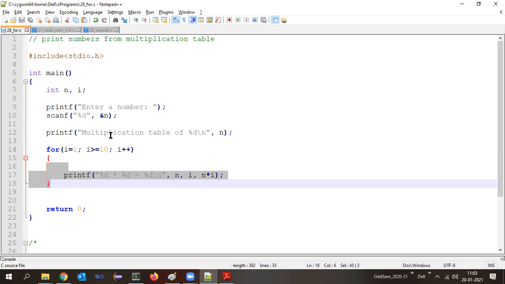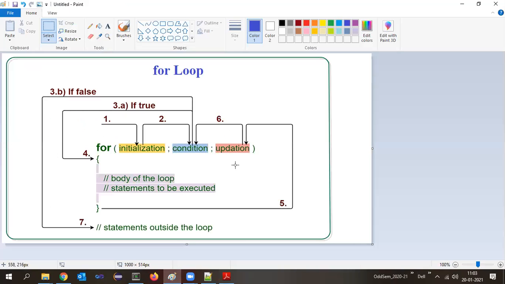Following? Understood? You need to remember the flow of execution in the for loop. First thing, the for statement will have 3 substatements. First one is initialization, second is condition, and the third is updation. The initialization will be executed only once. Once that is done, the condition will be validated.